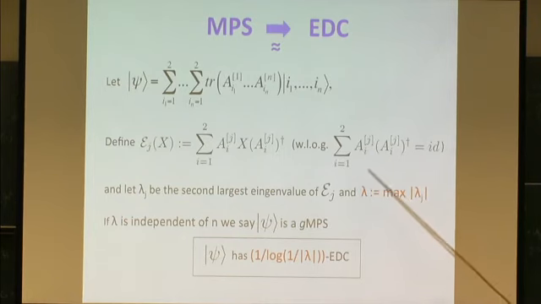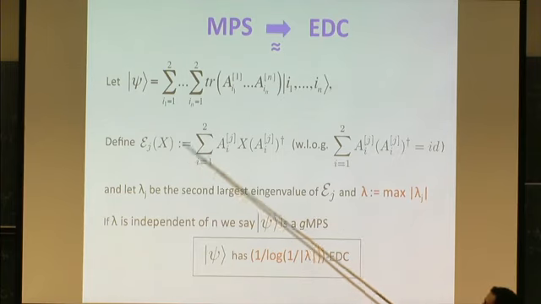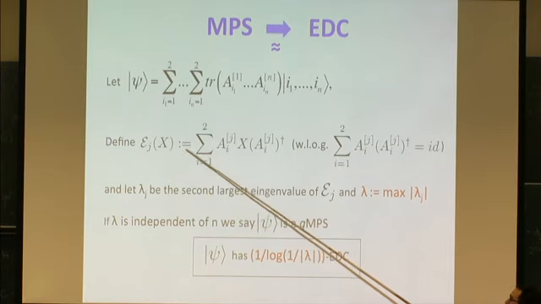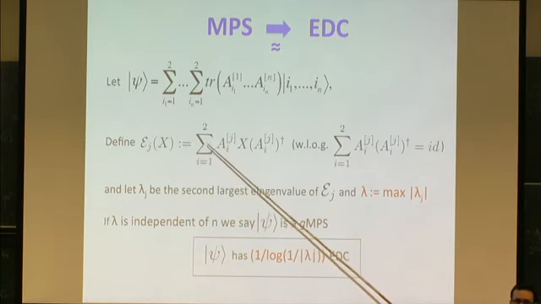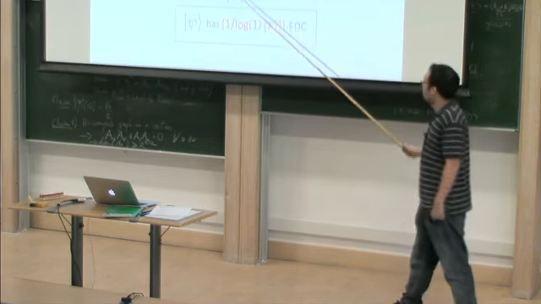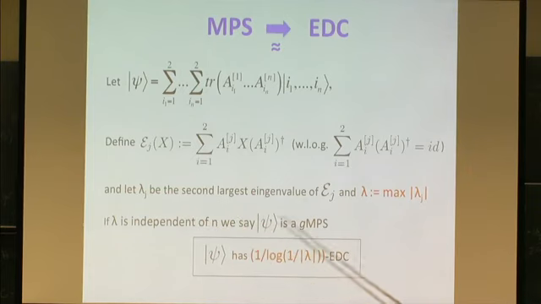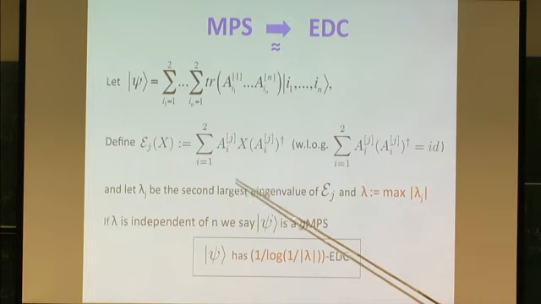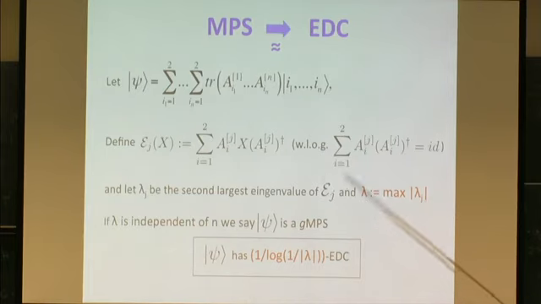But then this just shows that you can think of A_j^0 and A_j^1 and A_j^2 just as some unital channel, so it preserves the identity. And this is the channel associated to this site, this epsilon. Now, this is a channel and it's unital. We can look at the second largest eigenvalue. The largest eigenvalue is just 1 when you put the identity here. The second largest eigenvalue, let's call it lambda_j. We could compute it. It can be 1 again, but it typically will be smaller. And then lambda is just the maximum of lambda_j, where lambda_j is the second largest eigenvalue of this.